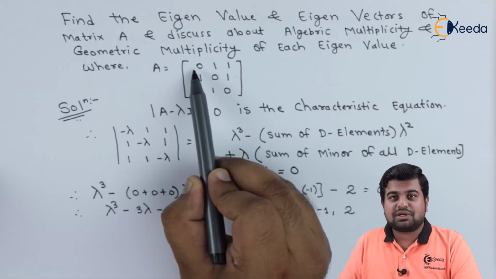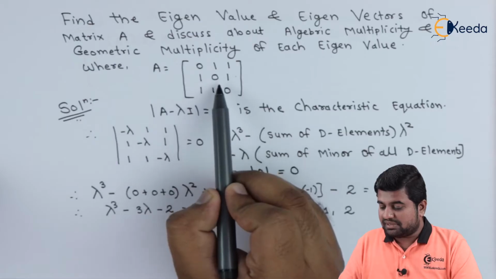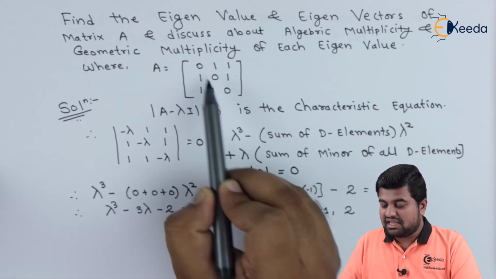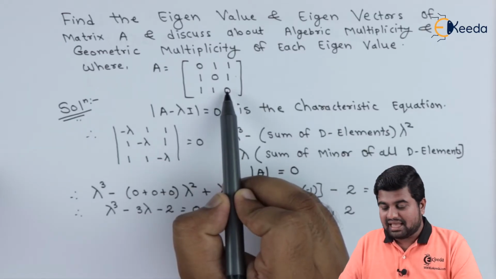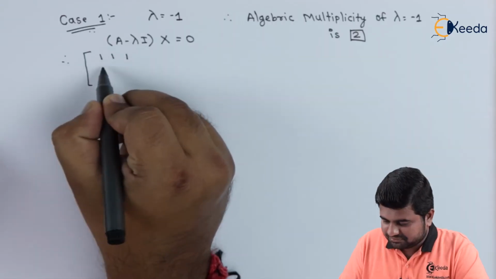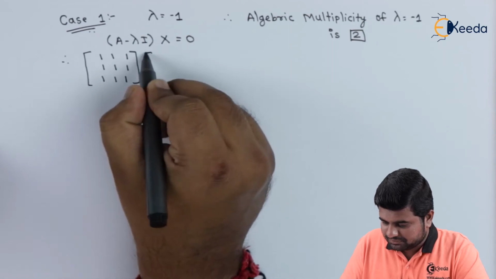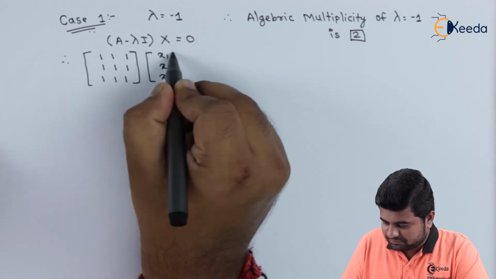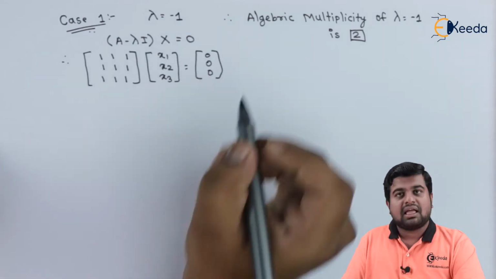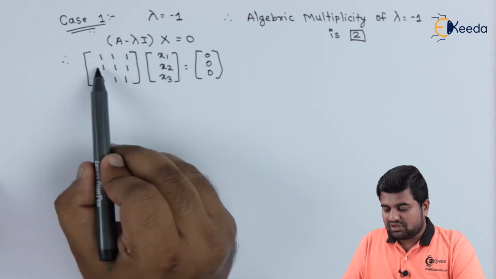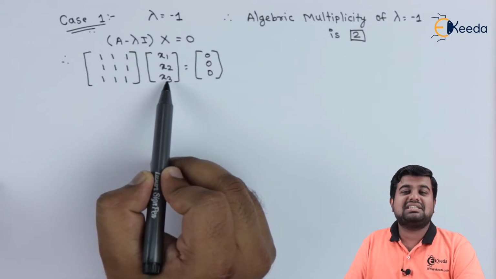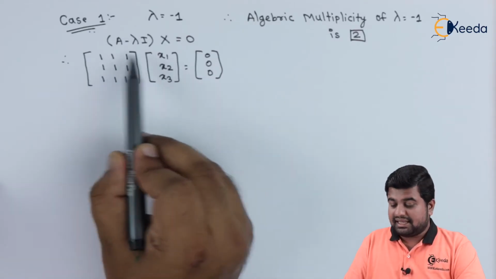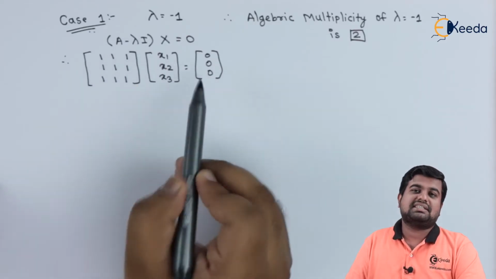So we are going to subtract minus 1, minus 1, minus 1 from the same, and I am going to get 1, 1, 1 as the diagonal elements. As we can see, 1 1 1, 1 1 1 and 1 1 1 into x1, x2, x3 gives the same equation,